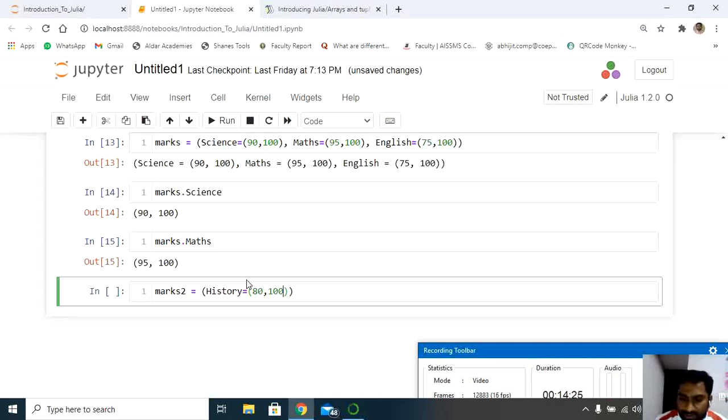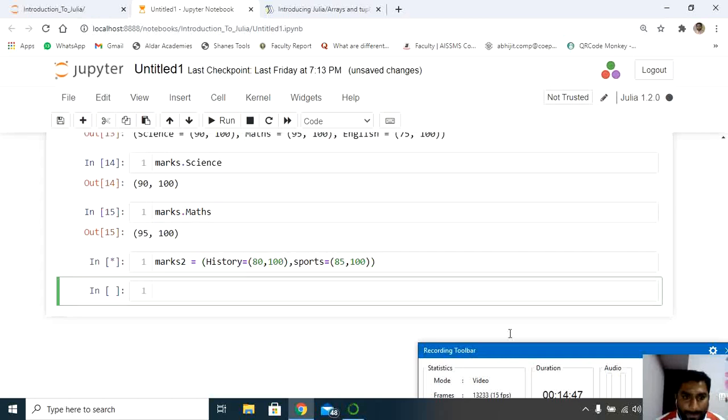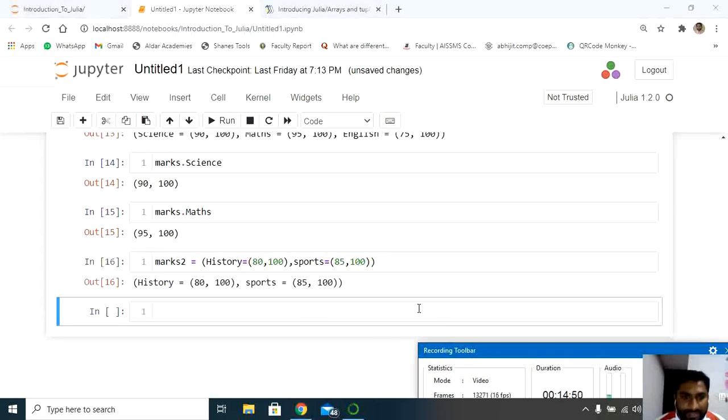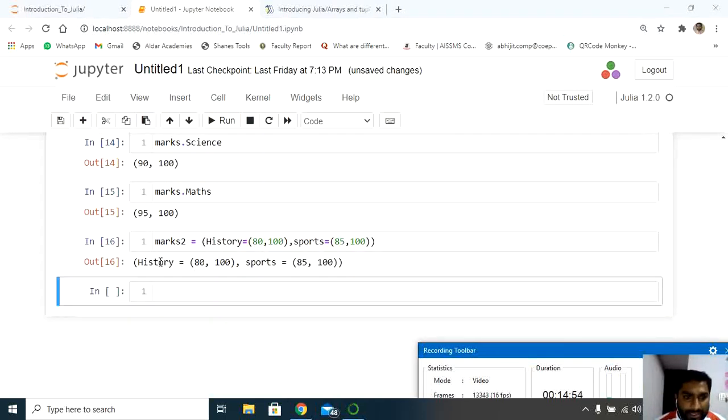In the same way, I'll have another one, sports, equals to, the student has scored 85 out of 100. Let's store these values in the marks2 tuple. Now you can see the values have been stored. So I have two more records, the history subject as well as sports.